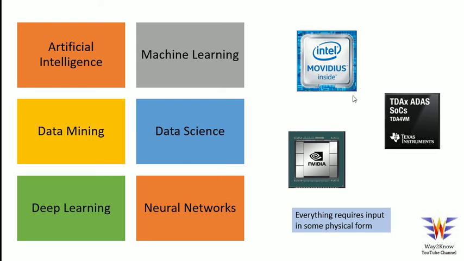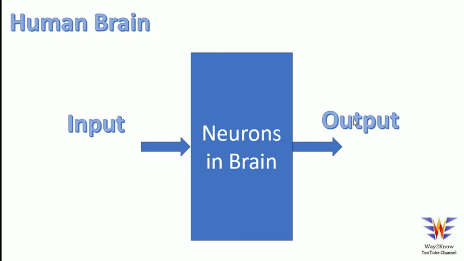There are many players, many startups and many well-known companies working. Intel is one, and then Nvidia, and Texas Instruments, ADAS, SoC, TDA, 4VM. So these are some of the examples where the processors are involved, and then